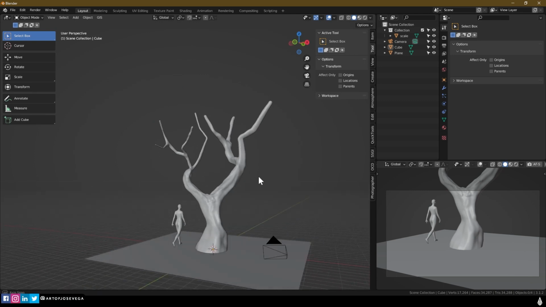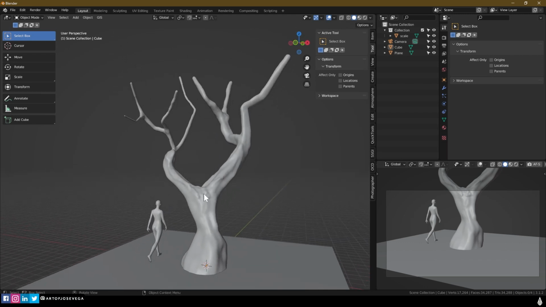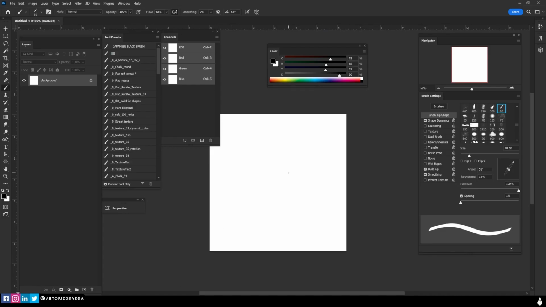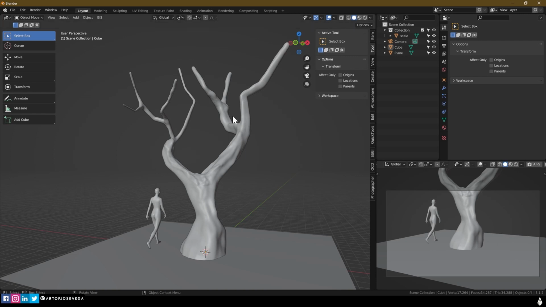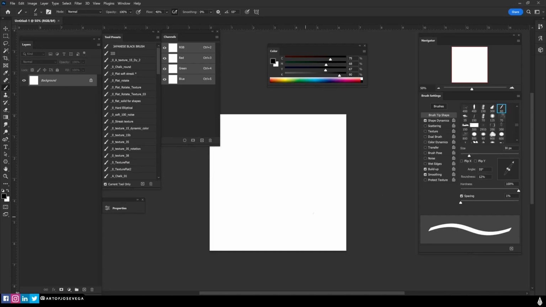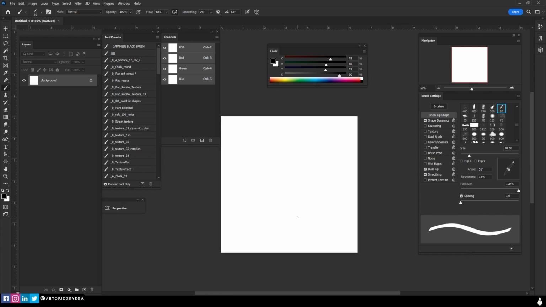leaves and all that. There are multiple ways that you can do leaves on a tree. The way I like to do it is with a PNG and planes. I really dislike doing particle systems and any of the other methods. I think this method is going to be the lightest on your computer, and probably gives more control and is the fastest that you can make it. And so I'm going to go into Photoshop here,